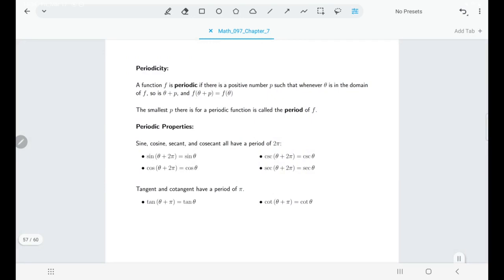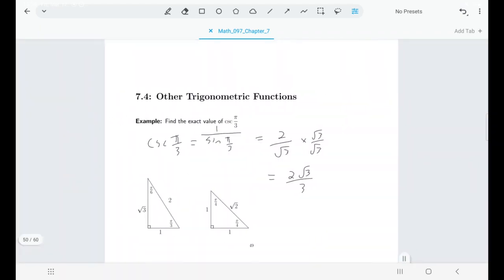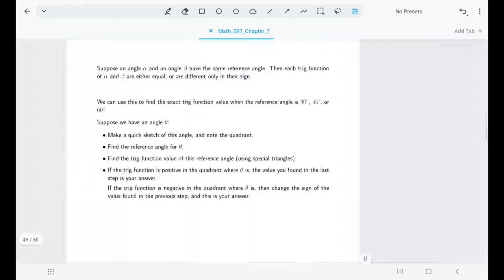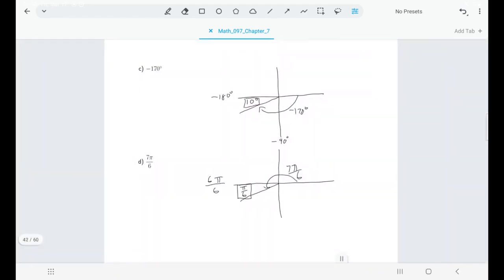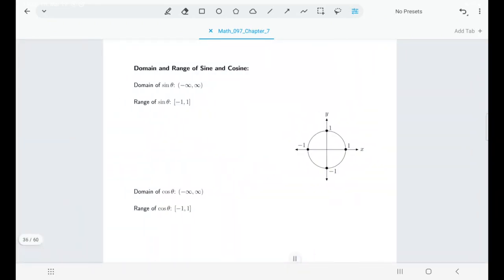Now, one other little property that we can sometimes use to make our life a little bit easier is the fact that our trig functions are periodic. In other words, they repeat their values over and over again. And that's probably not a big surprise if we're going back and thinking about our unit circle definition. If we're thinking back to when we first talked about the domain and range of sine and cosine, one of the things that I pointed out was